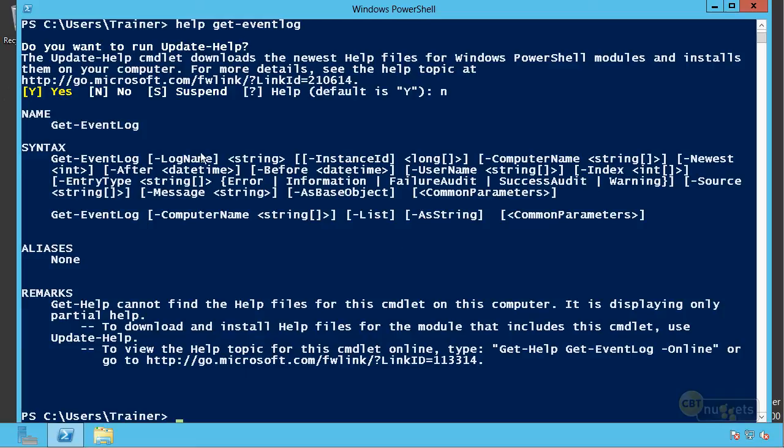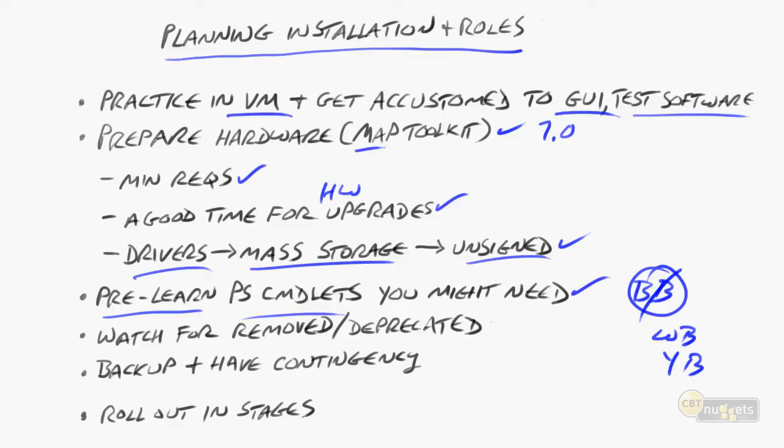But you can see there's all different kinds of syntax parameters that you can put into this thing. No way in the world am I going to memorize all of that stuff. That's what help is for. So if you need help with one of these items, just type help first, and then whatever the PowerShell command is that you're interested in. Okay, it's going to help you go a long ways as a rookie in PowerShell.